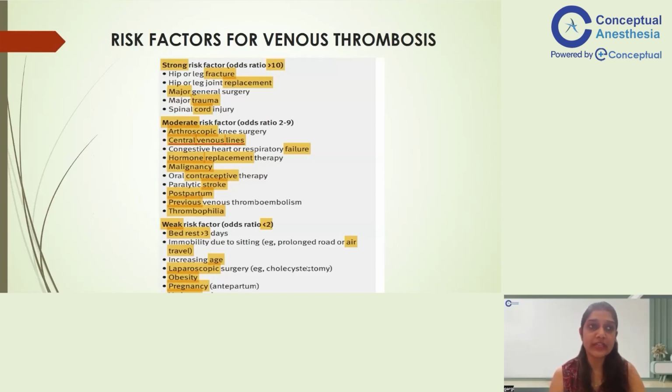So always try to remember that it could be either some coagulopathic abnormality, or any disease or surgery that has caused the patient to be bedridden. So decreased mobility of the patient causes increased stasis, or increased pooling of the blood in the lower limbs. That causes increased propensity for venous thrombosis, and then further increases the risk for embolization of these thrombi into the pulmonary circulation, because you know that the venous return goes back from the IVC, drains into the right atrium, and then the emboli will migrate from the RA, then the RV, and then into the pulmonary circulation. So that's why we are very worried about the pulmonary embolism that happens because of DVT.